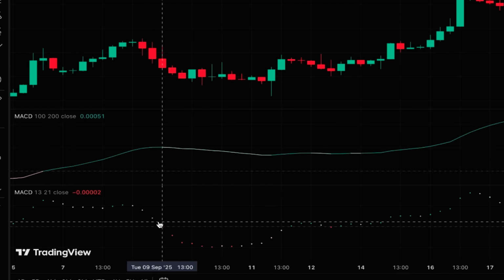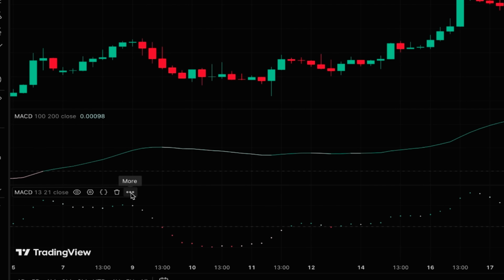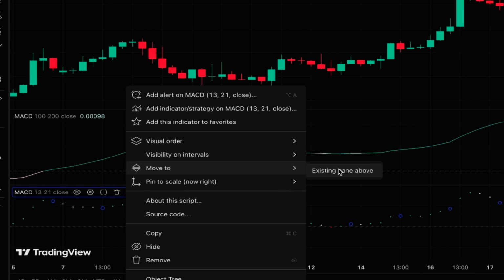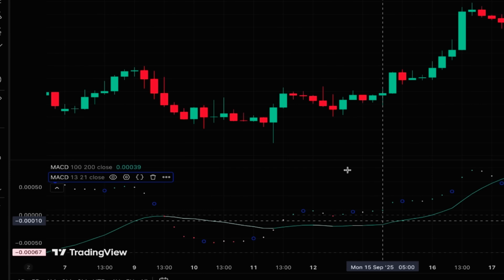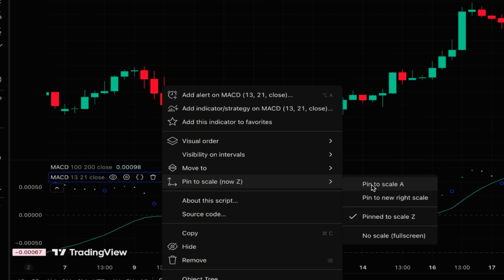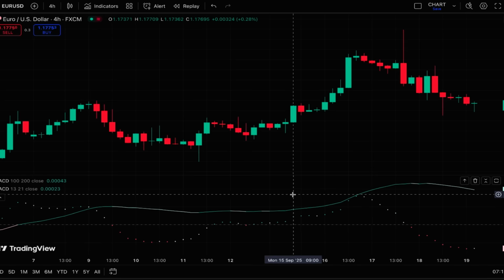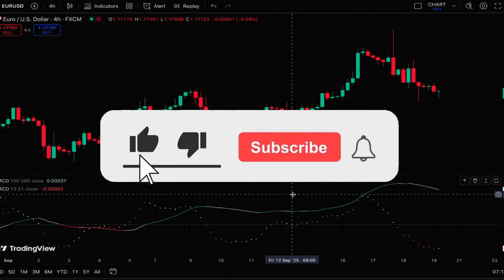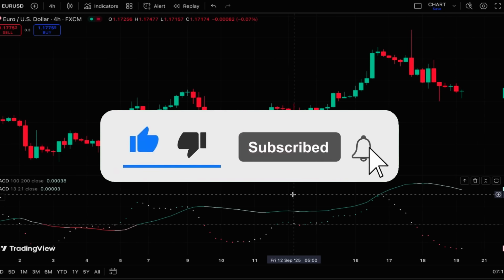For this MACD at the bottom, we click on more. Here, move to, and we click on existing pane above. And then for the same MACD, which has shorter length, again we click on more, pin to scale, and we click on pin to scale A. Alright, everything is already set on the chart, and let me teach you how you can find trading opportunities with